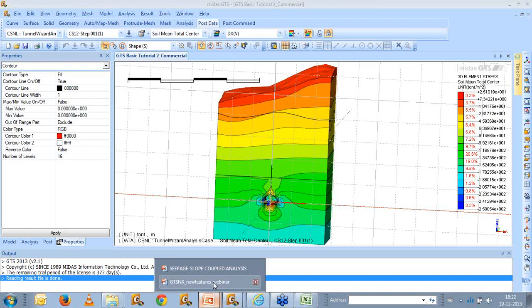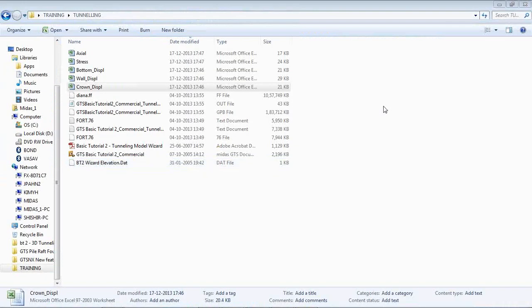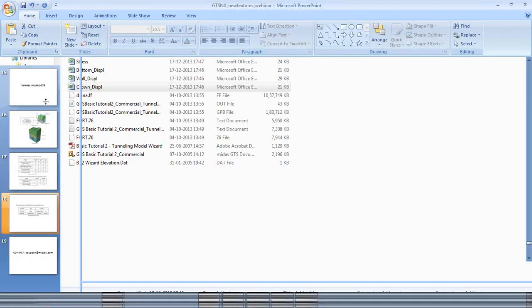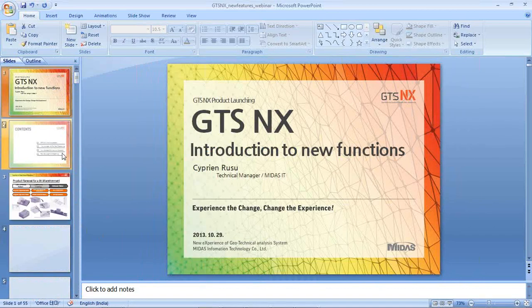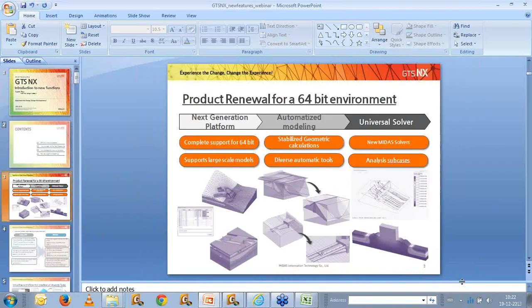So if you have any other question, you can directly write to me in the question box. Okay, in between, if you have any question you can ask me, and for now I will give you a brief introduction about the GTS NX features. So to start with,